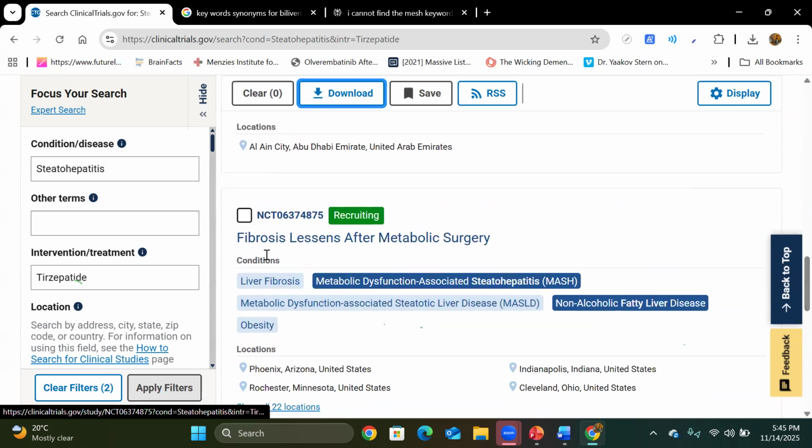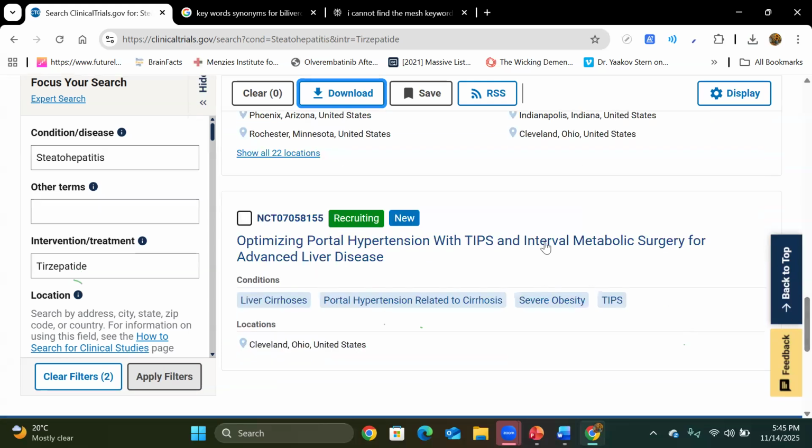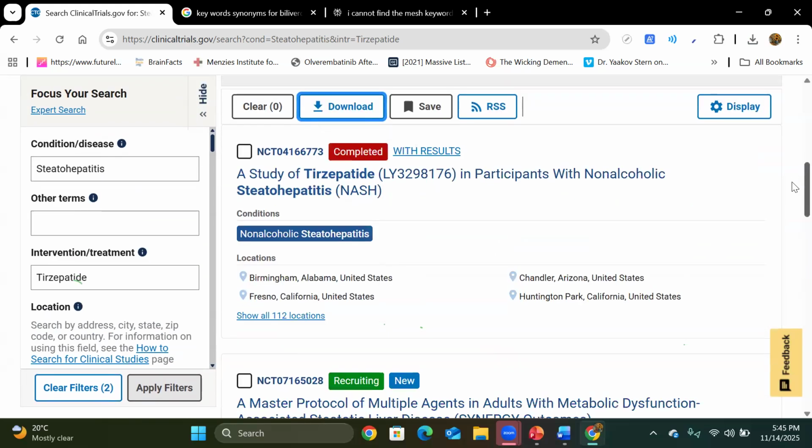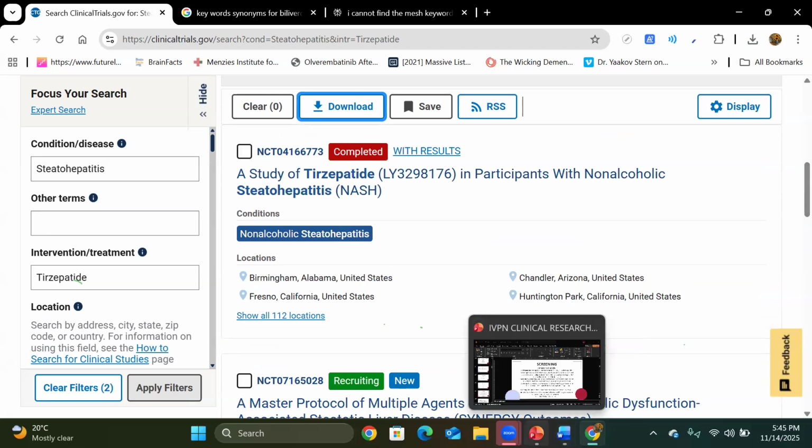Fibrosis lesions after metabolic surgery. This is totally not according to my PICOS. I will exclude it. This is again totally not according to my PICOS. I will exclude it. Okay. So when you are doing a primary screening, you should just have your PICOS in your mind. Is the study covering tirzepatide and steatohepatitis or not? And then you will include or exclude it accordingly.